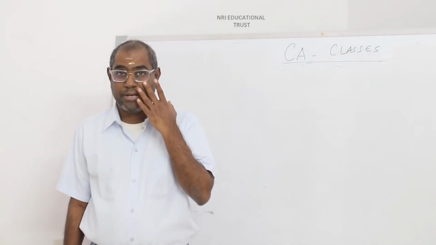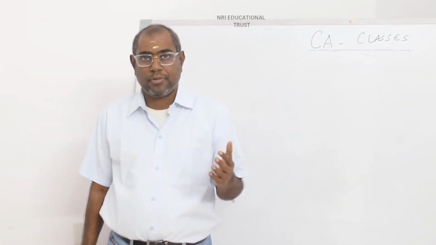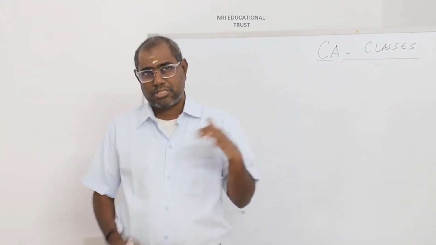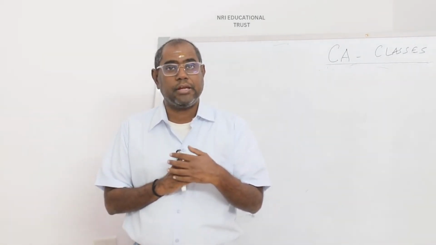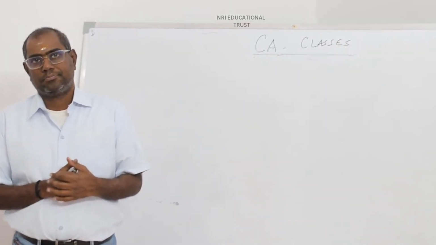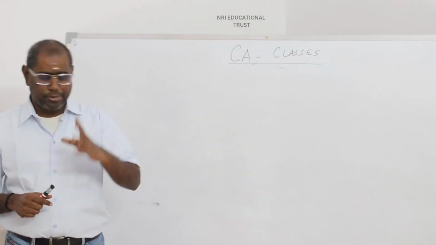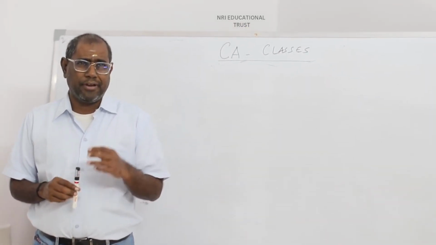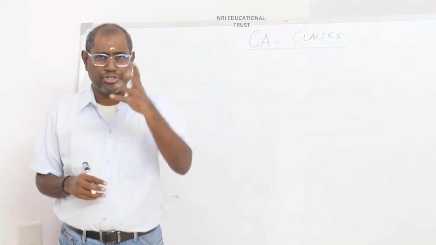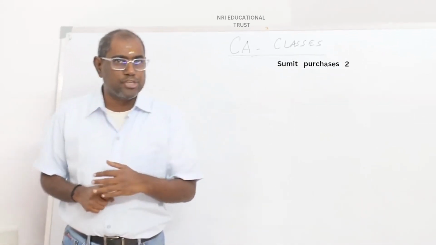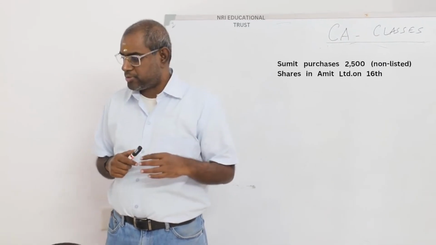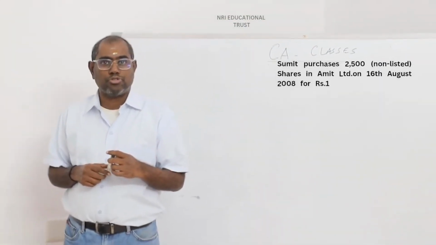This examination question has been asked a few times, and the problem we are going to discuss now is similar to a problem in the revision test paper of the Institute, the CA Institute. Let's look into the problem. Interesting problem. I can say it is the quality of a CA problem. Let's have a look. In the capital gains chapter, Sumit purchases 2,500 non-listed shares on 16th of August 2008 for rupees